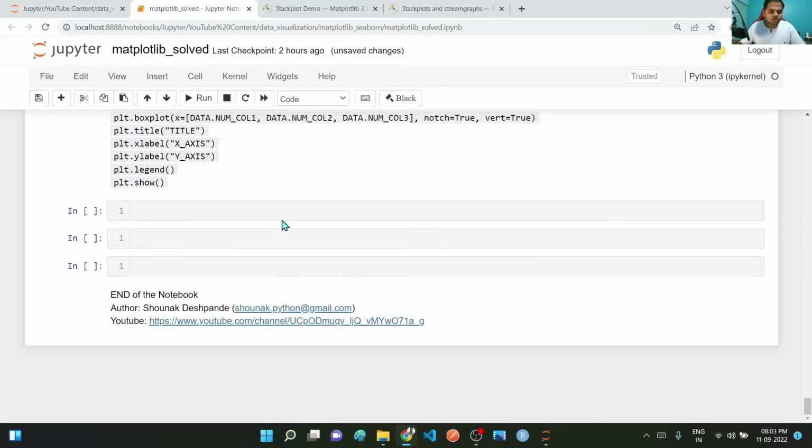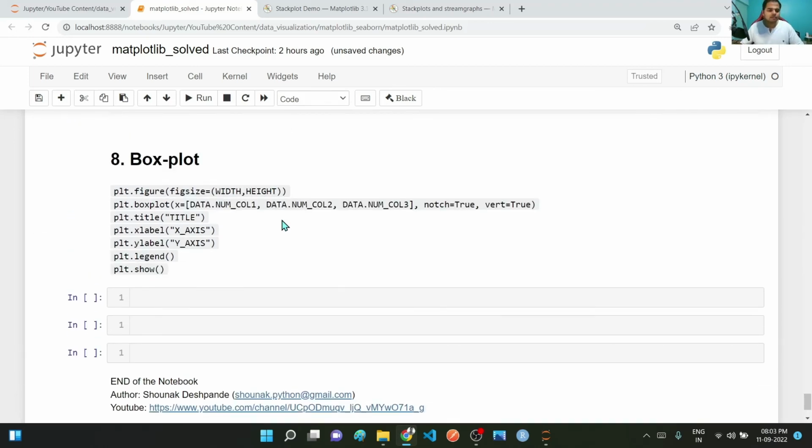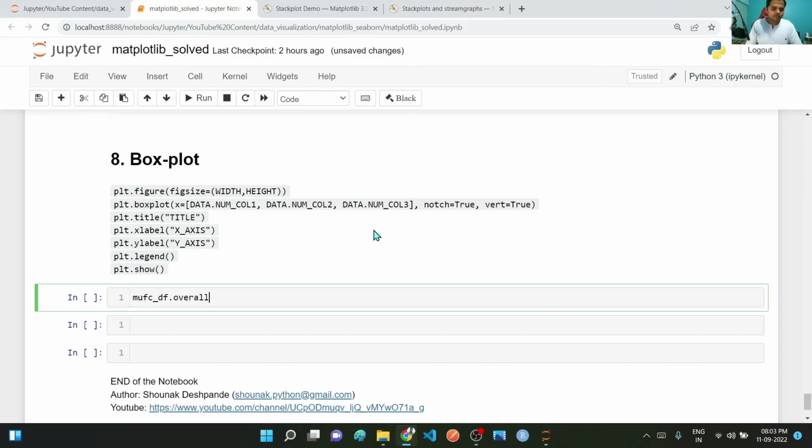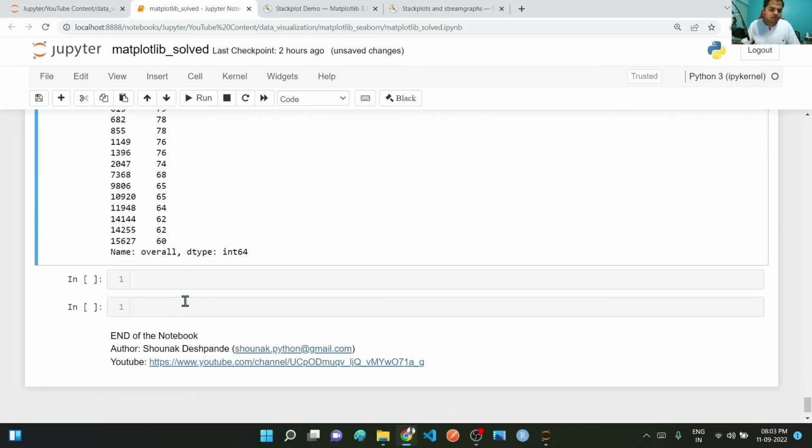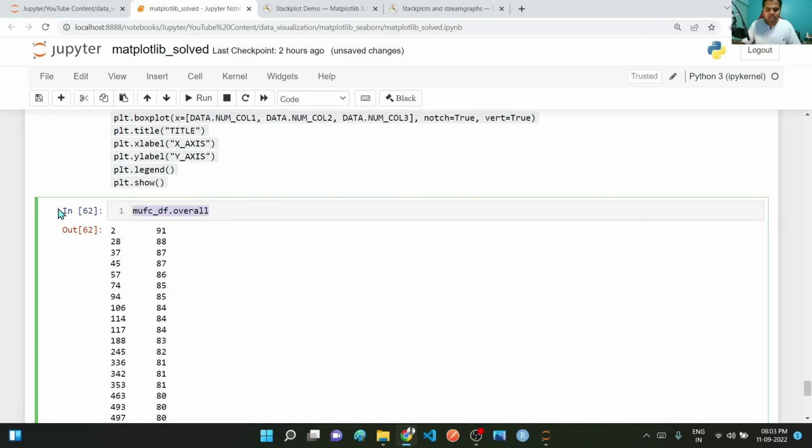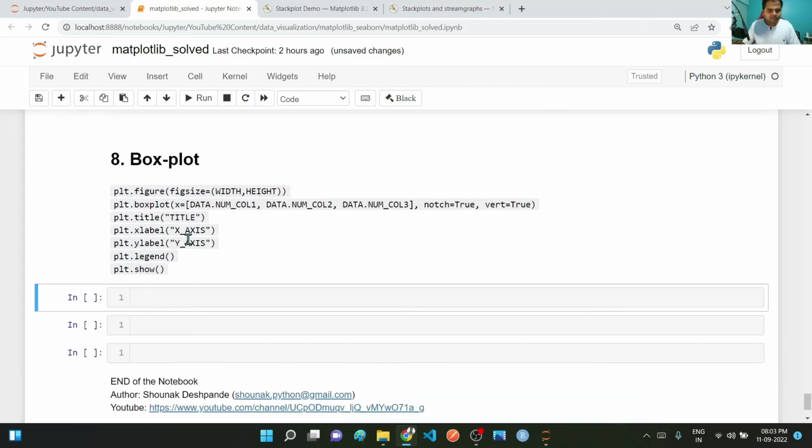Now moving on to the last one, box plot. Box plot is very easy. Basically its purpose is to tell you whether there are any outliers in your numeric data. So we have this mufc_df.overall containing the list of overalls in your dataset. So we'll plot that. So plt.figure